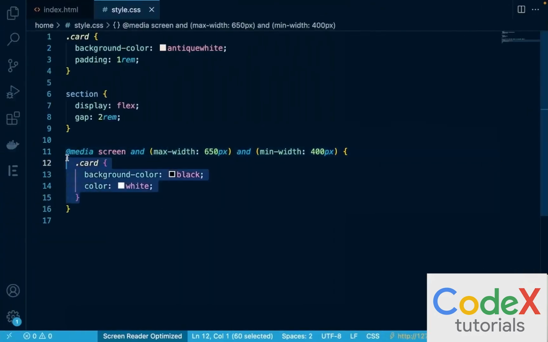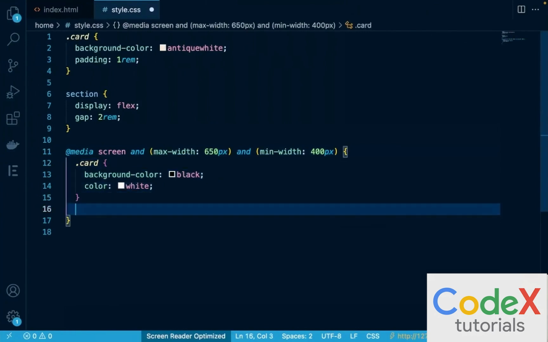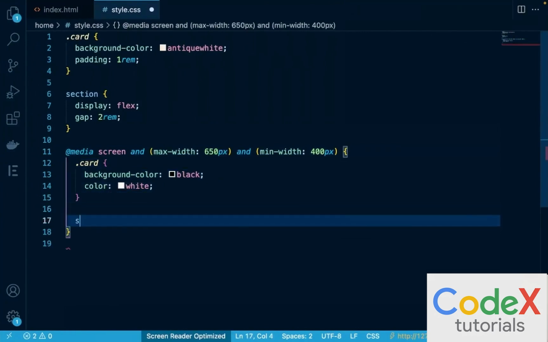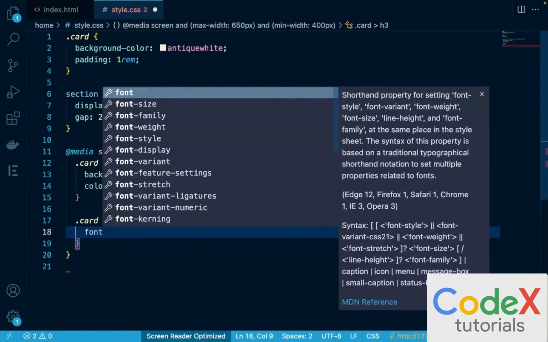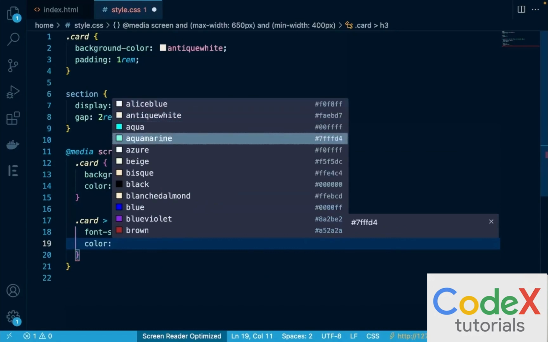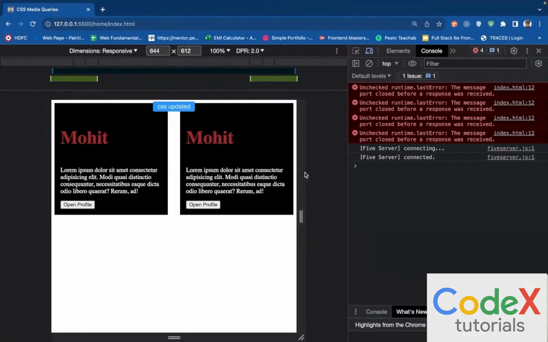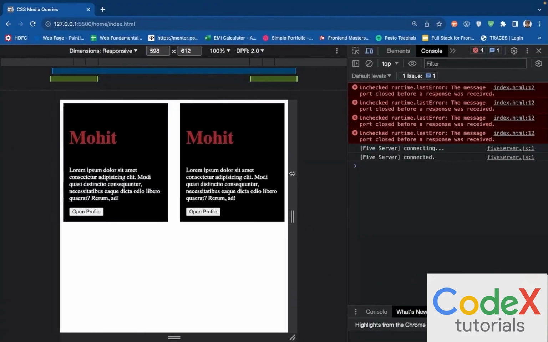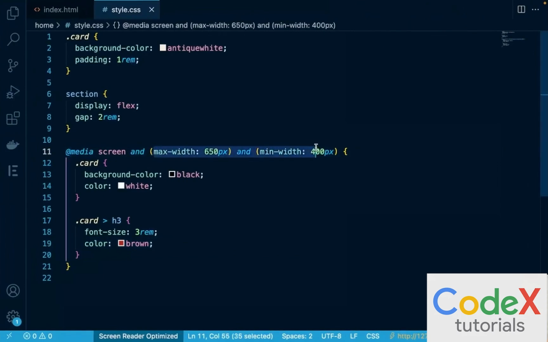Thus, CSS style is getting applied, and you can keep on adding more CSS here. You can say that I want the h3, which is inside of my dot card, to have a different font size, and I will say I want my font size to be 3 rem with a color of, let's say, brown. And now you can see that I can keep on applying multiple CSS to multiple HTML elements inside of the media queries. And whenever this particular breakpoint is reached, all of the CSS applied inside of the media query will